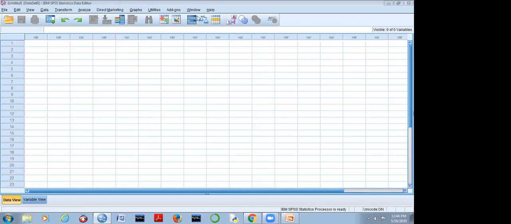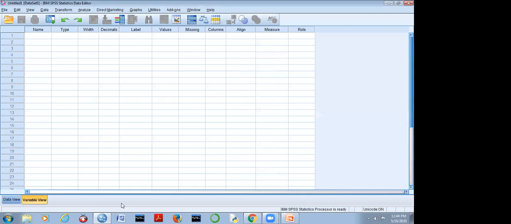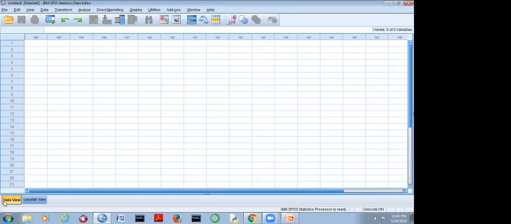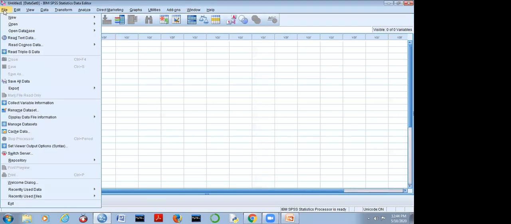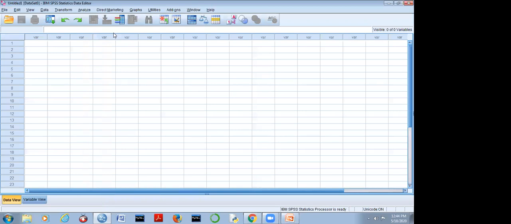बी सीरियस। So everybody, this is the SPSS screen. इसमें दो हैं, एक डेटा व्यू है, एक वेरिएबल व्यू है। अगर आप डायरेक्ट कुछ बनाते हो तो फर्स्ट ऑफ ऑल you have to define the variable here. लेकिन अभी मैं इंपोर्ट कर रही हूँ फाइल एक्सेल की, वो खुद ब खुद यहाँ आएगी। यहाँ थोड़े से चेंजेस करने हैं, वो मैं आपको बता दूंगी कैसे करने हैं। हाँ ठीक है, डेटा व्यू आ गया हमारा। तो फाइल एंड ओपन डेटा, और अगर यहाँ से नहीं होगा तो मैं कॉपी पेस्ट भी कर सकती हूँ।